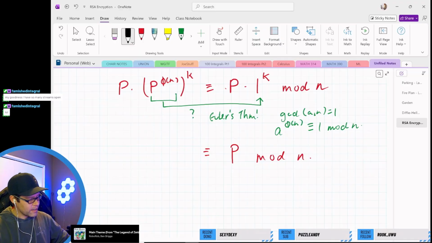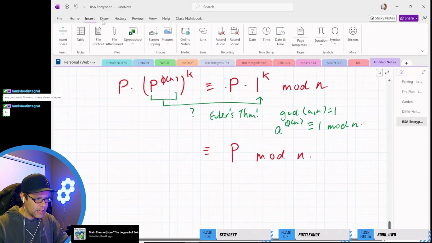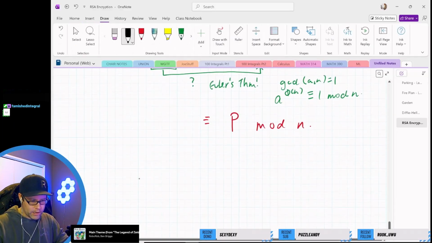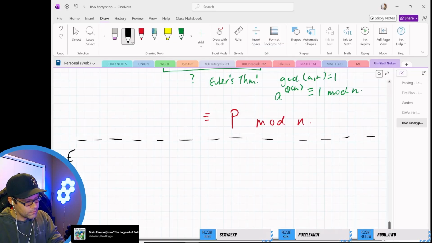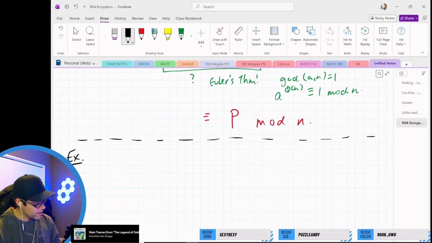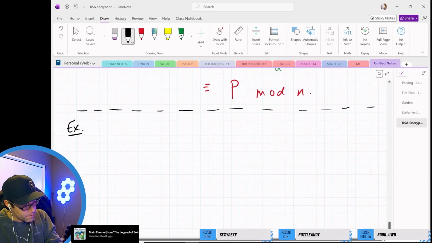So there you go. There's kind of the theoretical underpinnings about why it works. Let's look at the example and just try to finish off that example and tie everything back together. Okay, so we were working with the following ciphertext message. We had C equal to